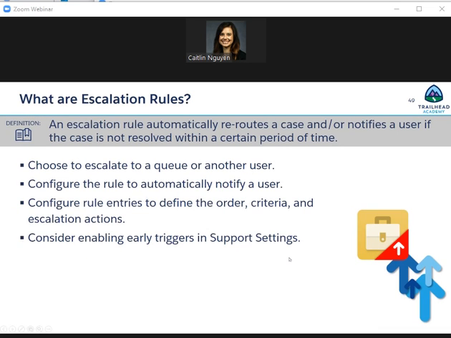Okay, those were 3 tools that apply to leads and cases: web to lead or case, assignment rules, and auto response rules, in that order. Next, escalation rules apply to cases only. An escalation